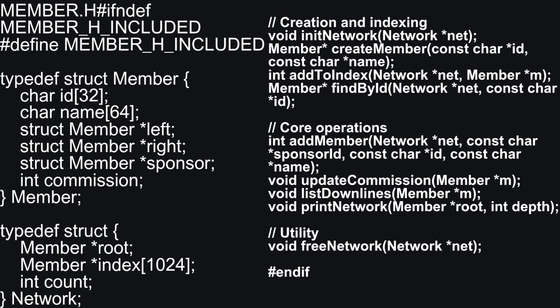It contains three important parts: the root, index, and count. Lastly, the file lists all function prototypes. These are the declarations that tell the program what functions exist, even before they are defined in member.c. This allows other files like main.c to use them.